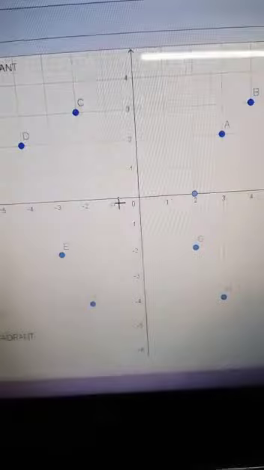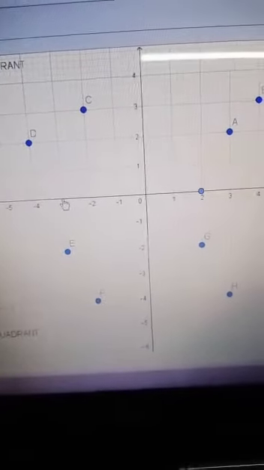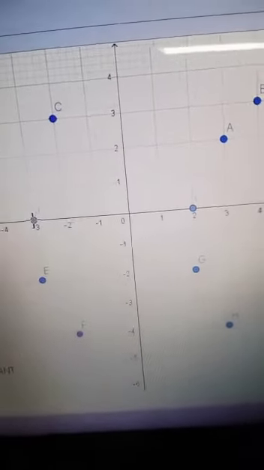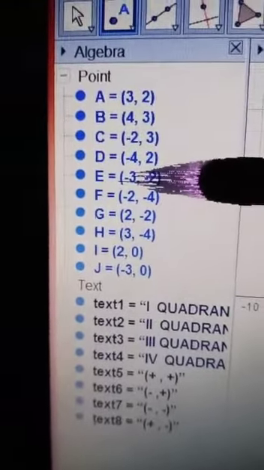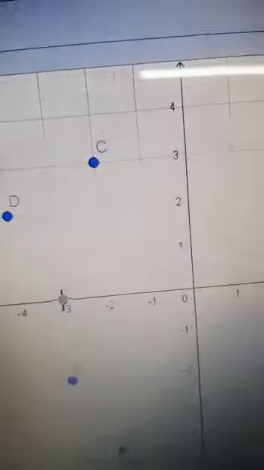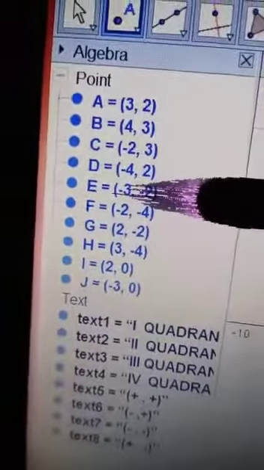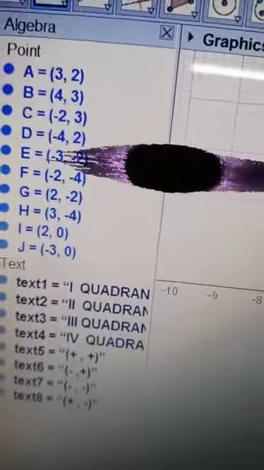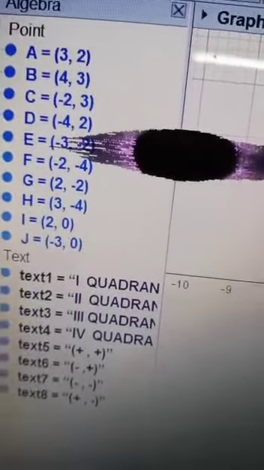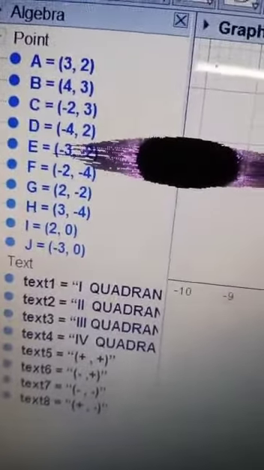One more point I am taking on the x-axis. Suppose in this direction. This is the point J. Now चलिए देखते हैं इसके कोऑर्डिनेट्स क्या होंगे. पॉइंट I के कोऑर्डिनेट देखने के लिए, see here, the coordinate of I is (2, 0). And what about the coordinate of this point J? J is again on the x-axis, so the coordinate of J is (-3, 0). So what is the conclusion here? कि if any point lies on the x-axis, then always its y coordinate will be 0.